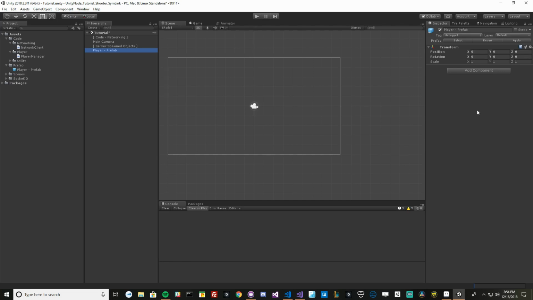The best way to do that, which is used in UNet and a couple of other things, is called a network identity, and we're going to make our own here in a minute. Basically it's going to have that little name that comes from the server, the little hex code,